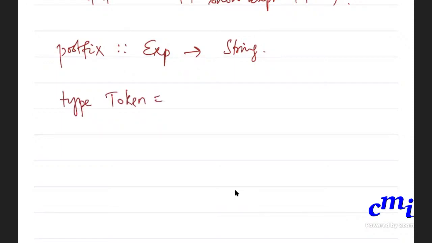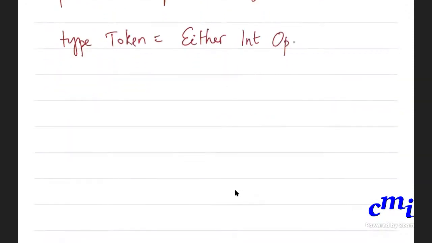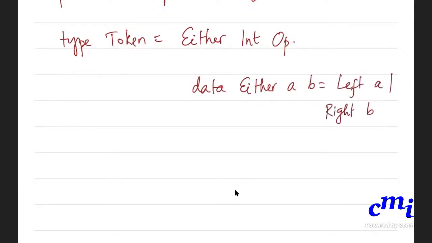So thankfully Haskell offers this thing called Either Int Op. If you check the information for Either, you will see that Either a b is just another data type: Left a or Right b. Left and Right are the names of the two value constructors there.